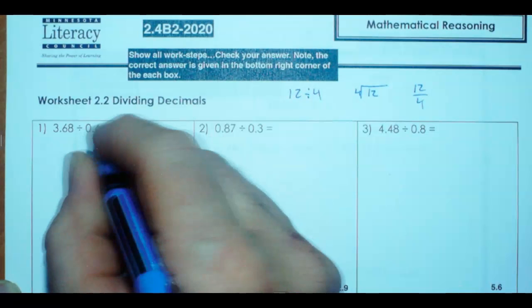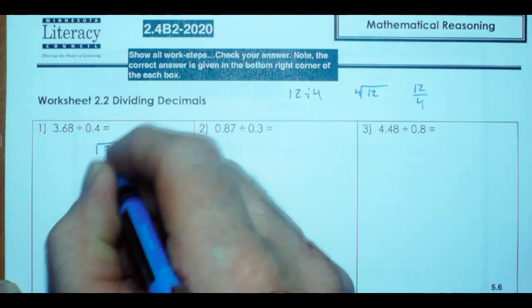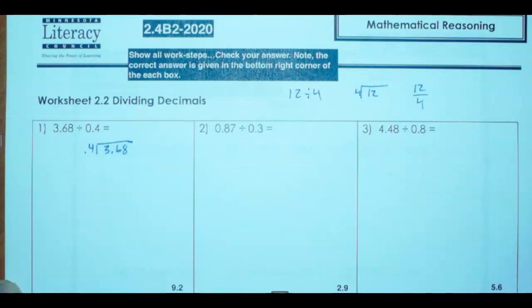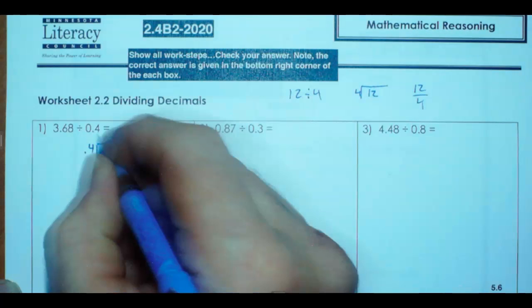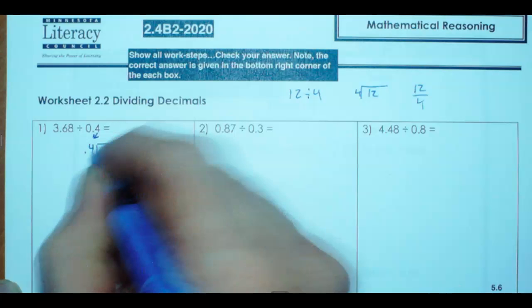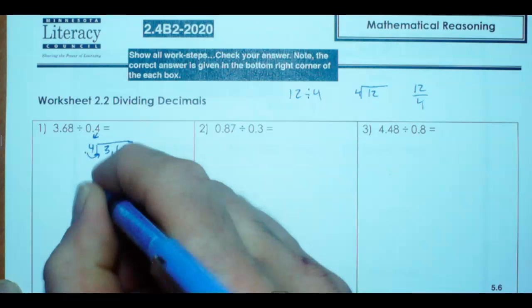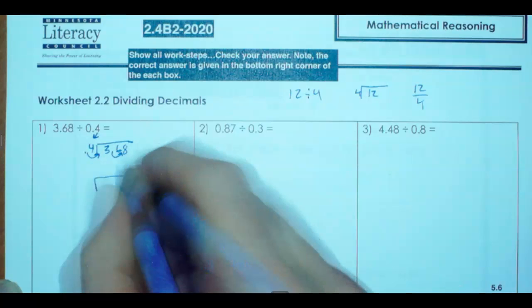We got 3.68, and we're going to divide that by 0.4. Now, we can't have a decimal out here in this position. So I'm going to move it one spot, and I'm going to move this one spot. So really, our new division problem is going to be